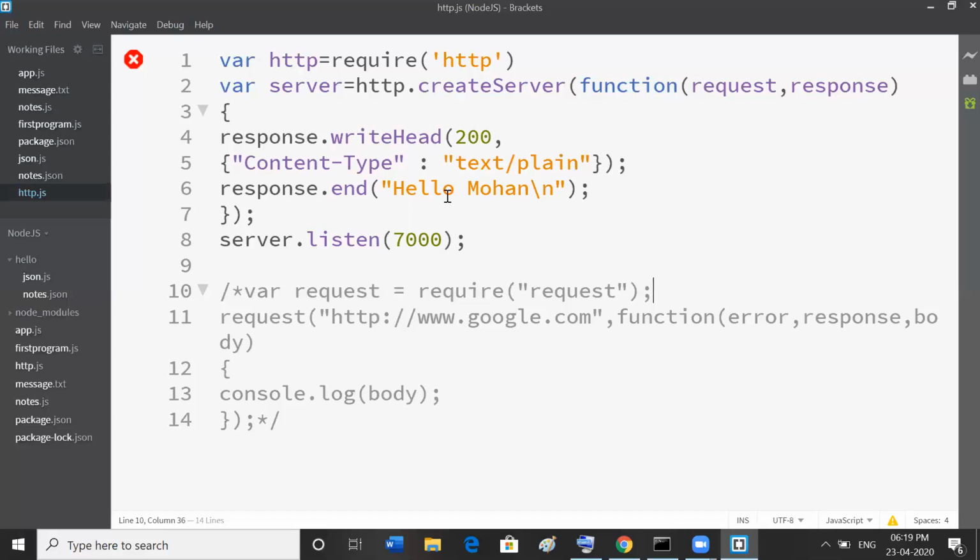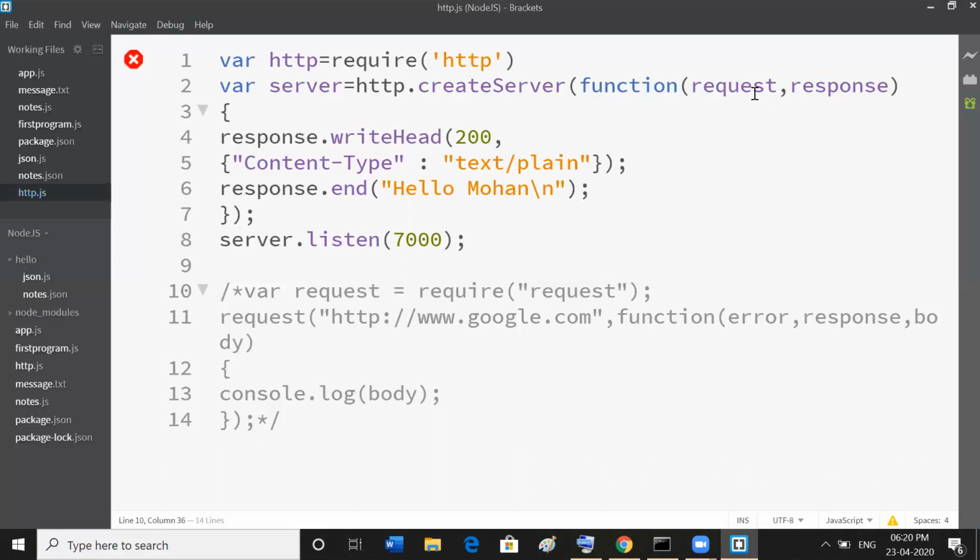For that, I need the HTTP module. So I am going to load the HTTP module using the require function. Using the require keyword, I'm going to load the HTTP module into the variable http. So now http contains the HTTP module. Then I create another variable, server. To this variable I am assigning, through http, the creation of the server. I am creating the server in the second step with a function that consists of request and response.